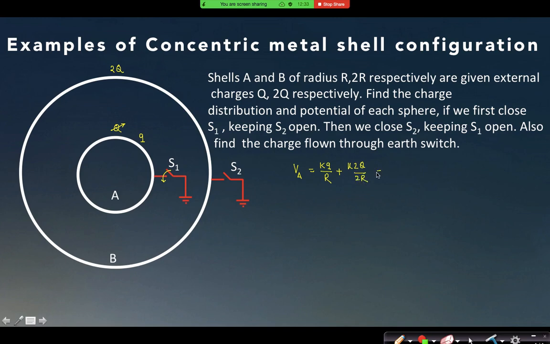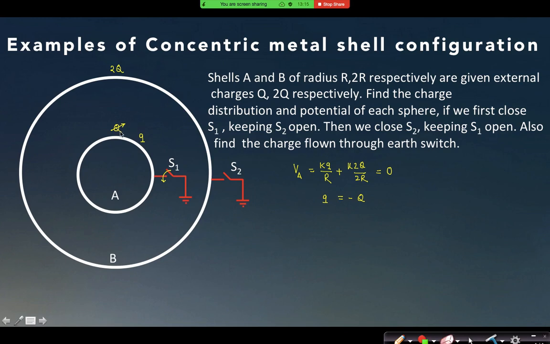So can you see the total potential will become zero? Why will it not be hampered? Induced charges will definitely appear, but do I take any potential due to induced charges if the shell is very thin? No. That is why I have not written the potential due to induced charges. If you want, you can write it, but again you will find the same answer. Okay, sir, understood. So in that way I can find that small q will be minus capital Q. Right? So now the charge on shell A is changed to minus capital Q.